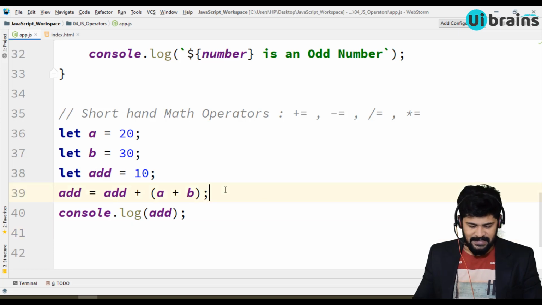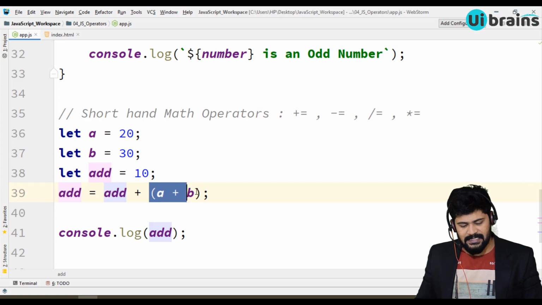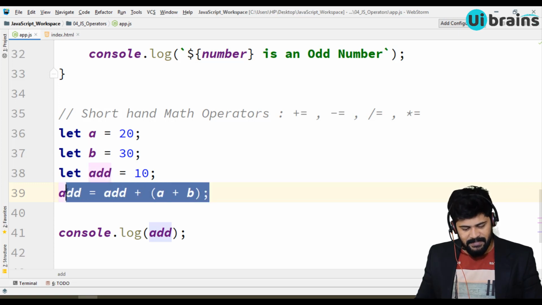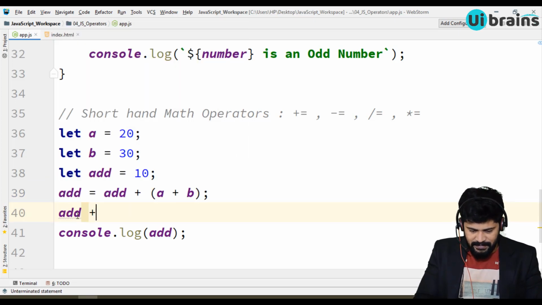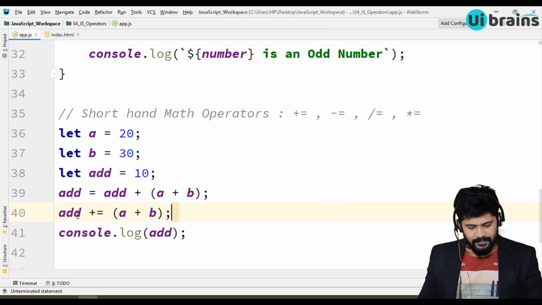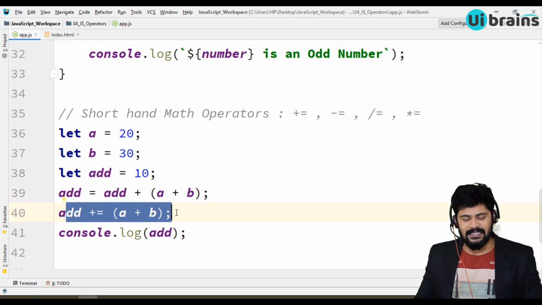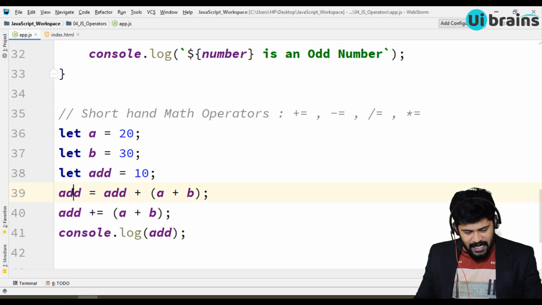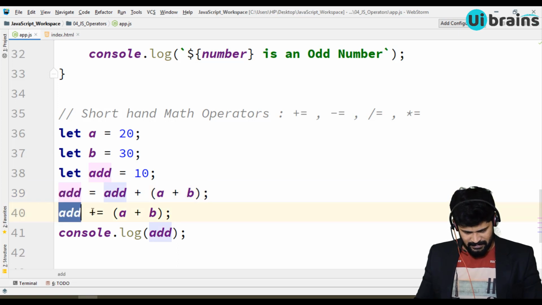Now what I'm saying is, whenever you are writing add is equal to add plus something, the same statement can also be written as add plus equal to a plus b, like this. The condition here is add is equal to the same add plus something. So add plus equal to something.